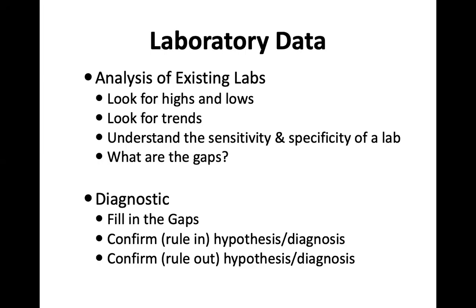The other thing I want you to understand is the sensitivity and specificity of a lab. So, for example, if someone comes in to talk to me and they say, "Oh, I have this pain in my hands," and I go, okay, so has it always been there? Did it just start? What have you done to help it? And I kind of look at it. The hands are not inflamed. The joints are normal size. But I'm thinking in the back of my head, why would somebody have bilateral hand pain all of a sudden?